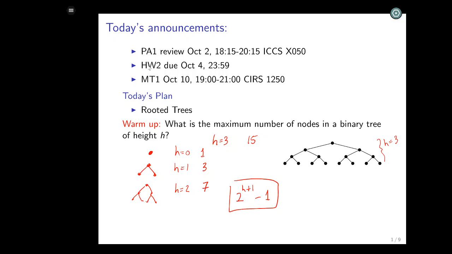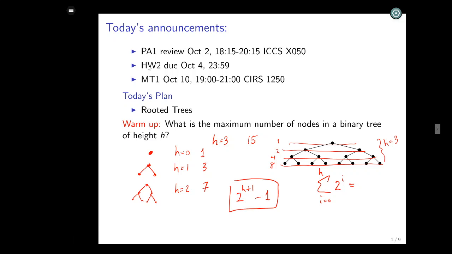And you're reasonably happy. Or you might say there's 1 node at the first level, there's 2 nodes at the second level, there's 4 nodes at the next level, there's 8 nodes at the next level, and I can look at the sum of those powers of 2. 1 plus 2 plus 4 plus 8 is 15. And in general, if I sum up powers of 2 from i equals 0 to h, I will get,